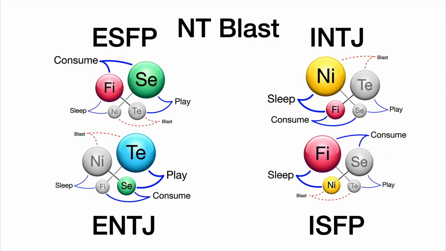So obviously, having anti-blast is very important and very useful, and it's important to master this for many different reasons. So who's most likely to have anti-blast in a demon state? Well, it would be the ESFPs. It would be the ENTJs, that is the jumper kind. It would be the ISFPs with blast last, and it would be the glass lizard INTJs with blast last. So we're gonna dissect what anti-blast is, starting with the first part, which is introverted intuition.